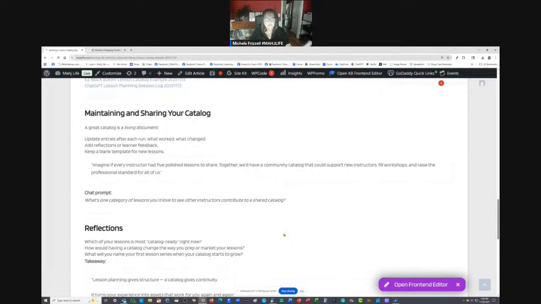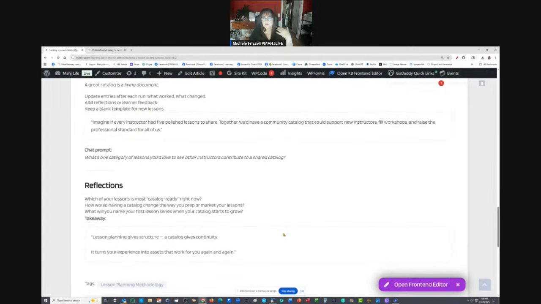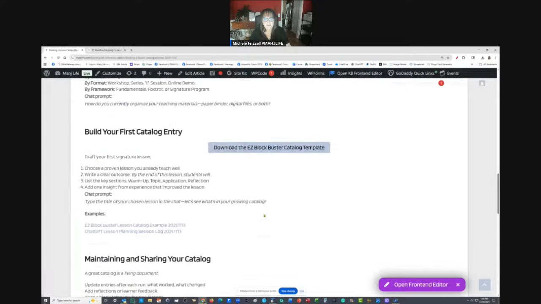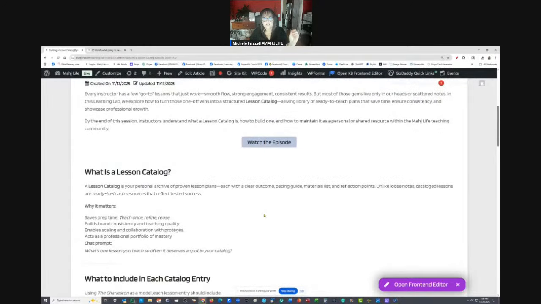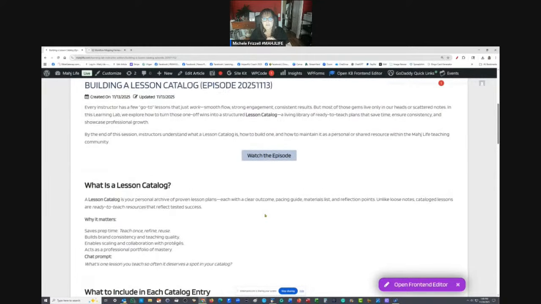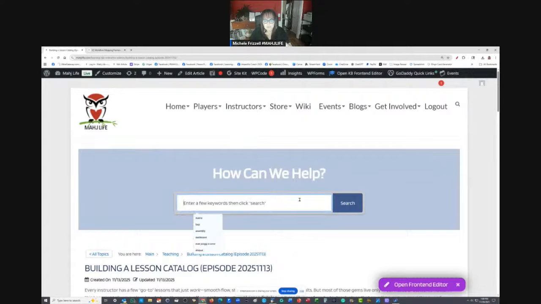And then also at the very bottom, you'll see reflections and takeaways so that you can query yourself at the end, just to make sure that you're taking some kind of value with you and that you're able to maybe apply something new that you learned. So that is the framework for the Instructor Edition Resource Hub. For today, we can just search.